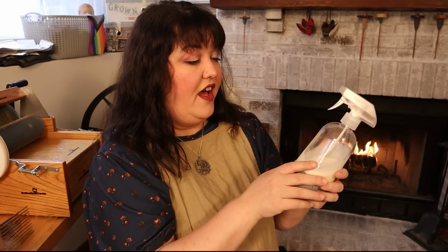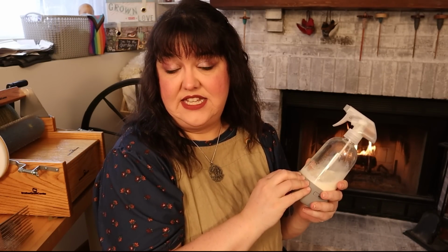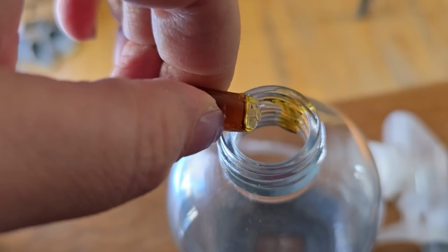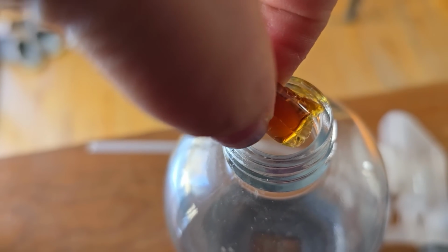So with a little help from my friends, we figured out the lecithin is an emulsifier, and that is what keeps the oil and the water mixed together where normally they would separate. I used soy lecithin. You can find those in capsules, wherever you can find vitamins. They're pretty common. I didn't even have to go to a specialty health food store or anything like that to find the soy